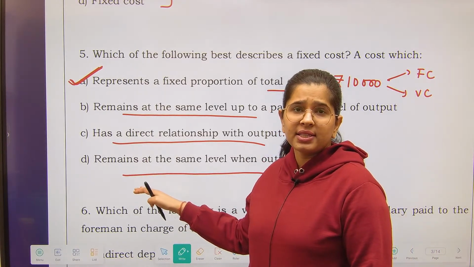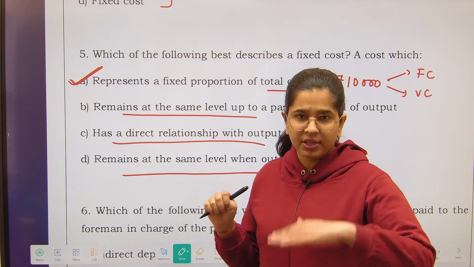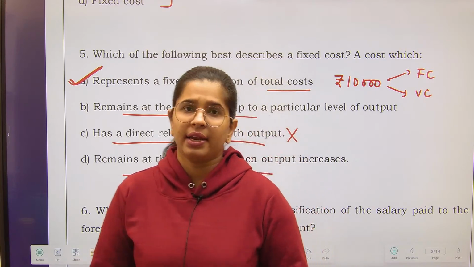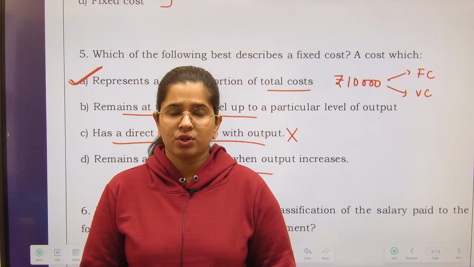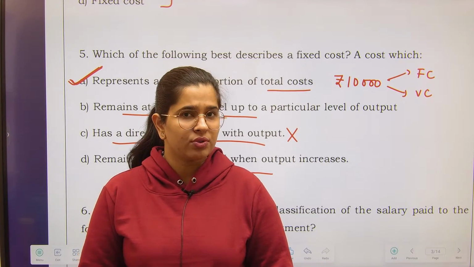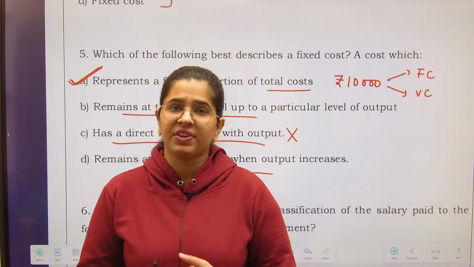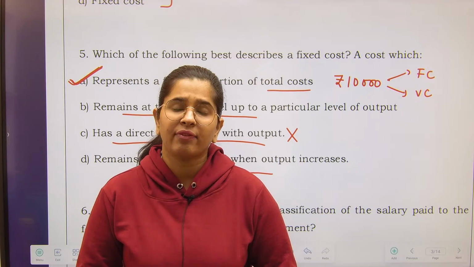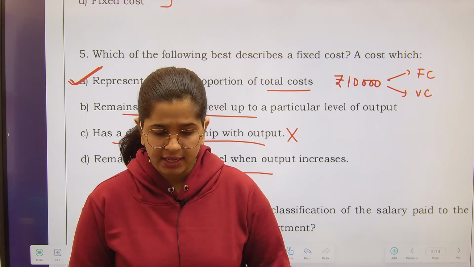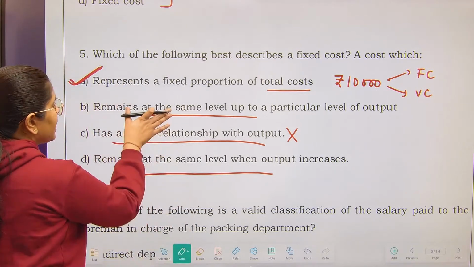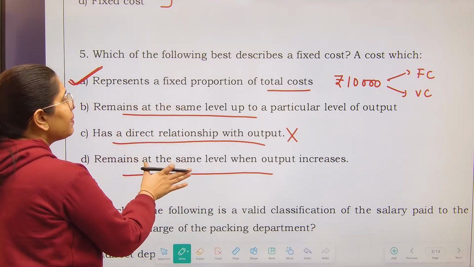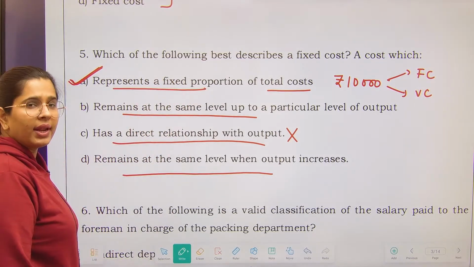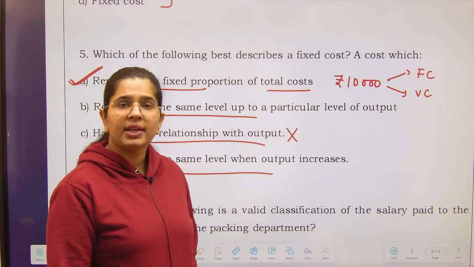fixed cost could increase when your output increases after a certain level. This can happen. Suppose currently you are producing 10,000 units, right? Now you have started producing 15,000 units. In order to achieve the production of 15,000 units, you had to incur an additional fixed cost for your machinery. You have added additional machinery, and because of that your fixed cost has increased. So what I'm trying to say is both of these statements are not incorrect. But when I'm comparing these three statements, this one is the best, without any ambiguity or confusion.